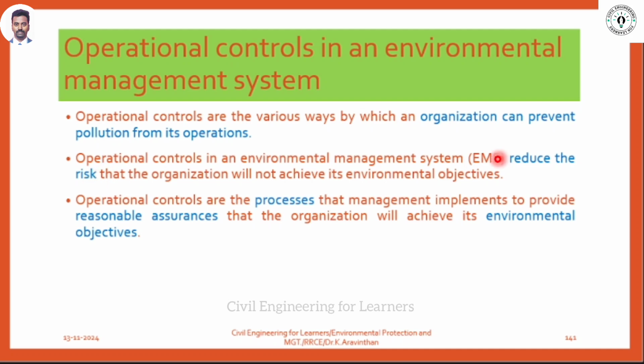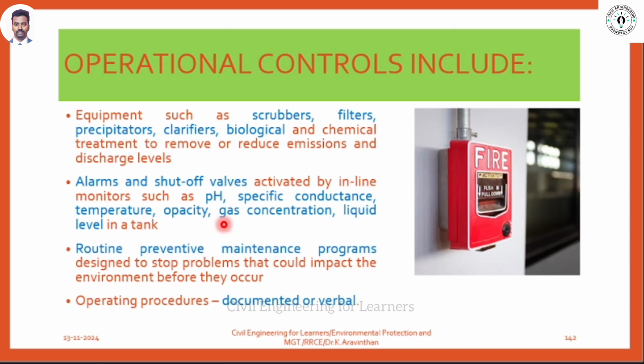This is the second point: reasonable assurance for environmental objectives. The environmental objectives can be met if proper operational controls are there. So this is what I said. What are the things which will come under operational control? Fire alarm. Somewhere if you are stuck in a fire, you just need to press this button so that there will be a fire alarm for other persons also. So this is one of the operational controls. Even without keeping this fire alarm, you can run the industry. But what is the purpose of this? In order to reduce the risk.